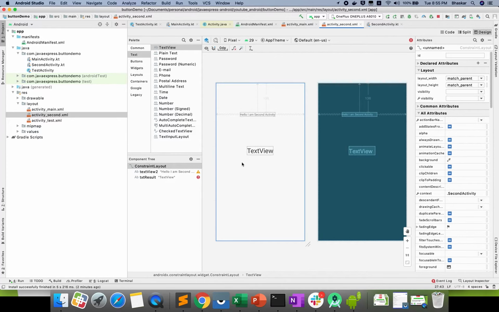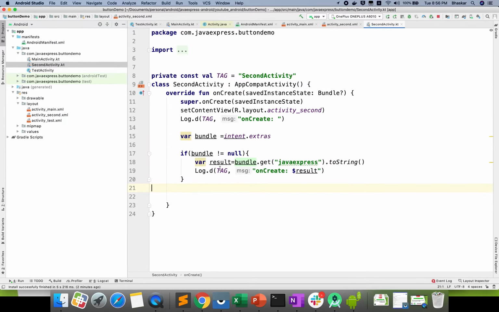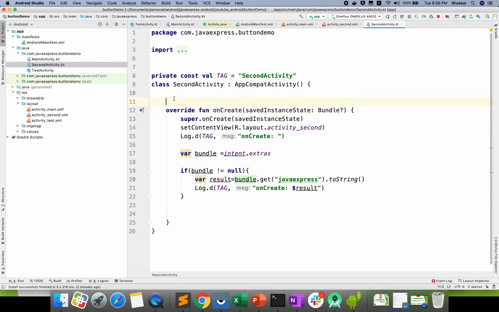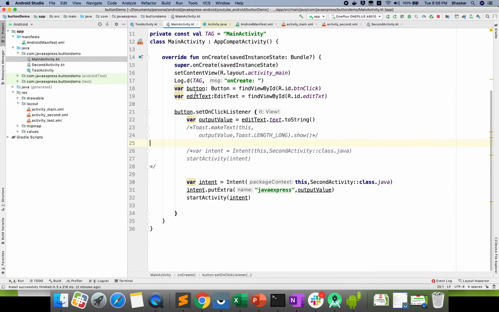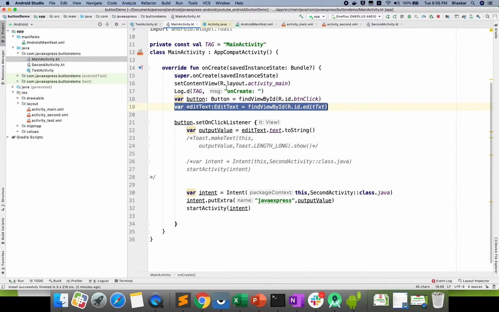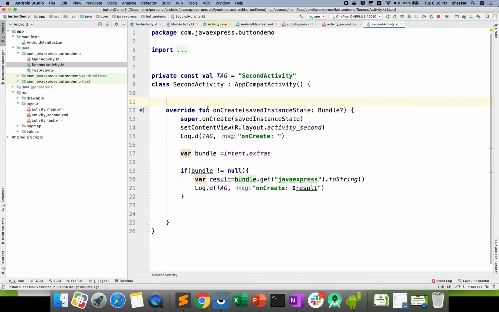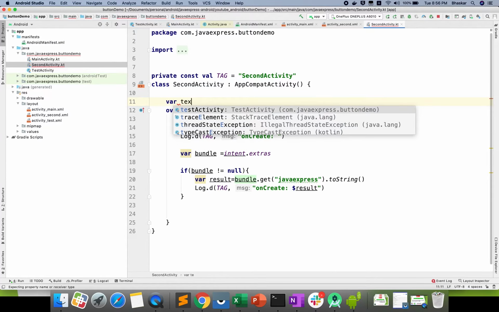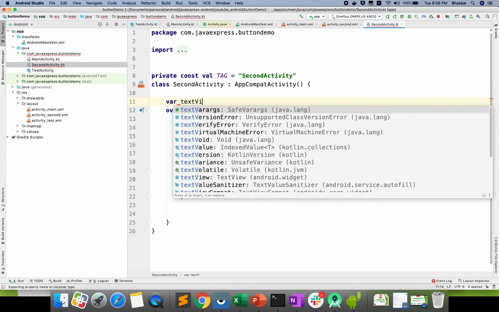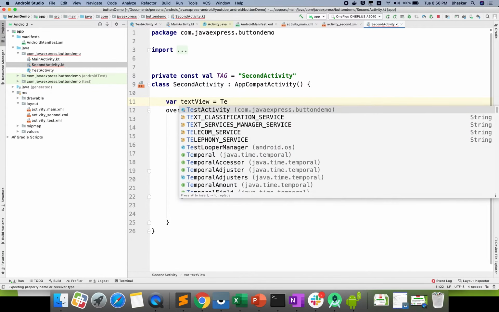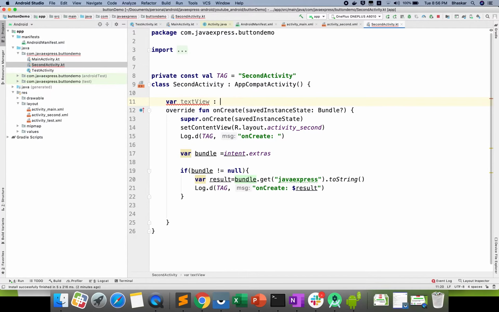Now in the second activity I need to get this object, right? Get this view. How can I do that? One more thing, I'm explaining a new thing in Kotlin. If you go to the main activity, you fetch the TextView like this, right? What I will do is define the object at the class level. How can I do that? Which object is this? It is a TextView, right? Sorry, you need to define the variable, right? TextView.